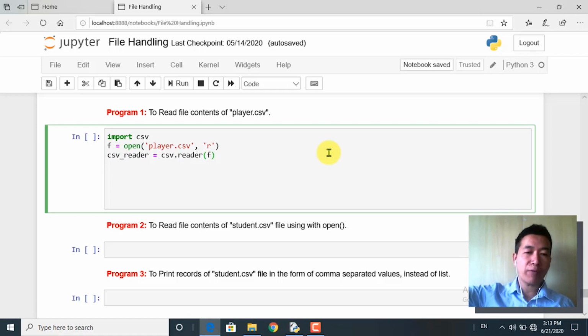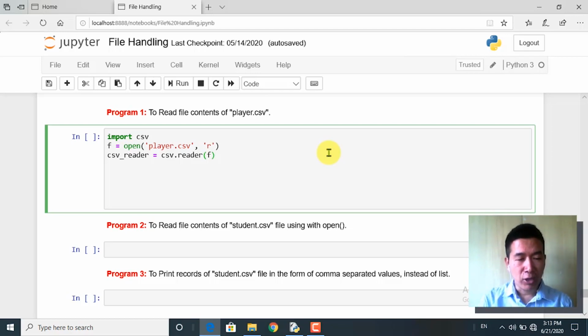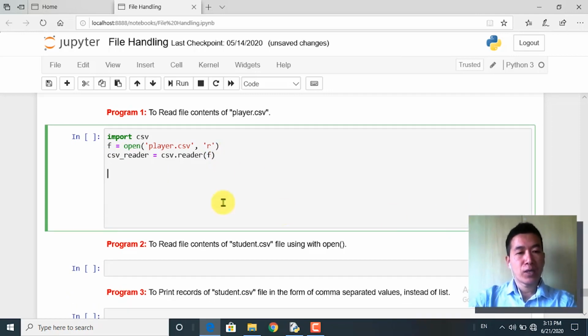Okay, so whatever information you have in F could be read through the reader object by the name of CSV underscore reader. So to keep it short, the reader function will convert the file object to a CSV reader. In the later programs, once you understand this in its entirety, they will be much easier to understand. All right, okay, so now this particular CSV reader object,